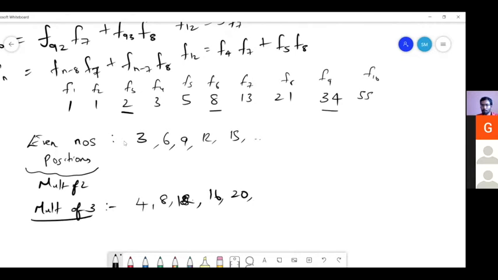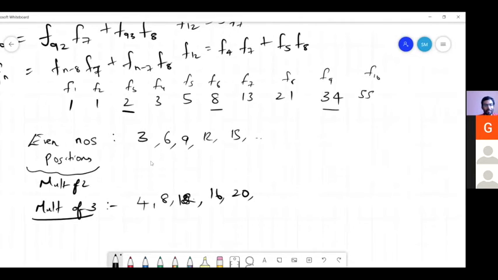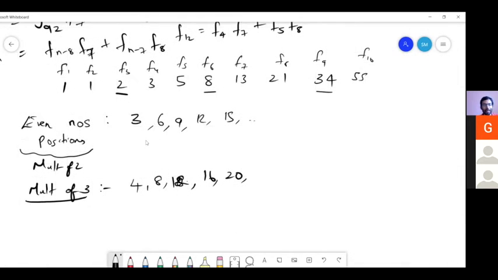For multiples of 5 also, if you see, it is F5, then followed by F10. Correct. The interesting part is that if you go for multiples of 6, I couldn't find any, at least up to F15. Oh wow. So again, nice. As far as we see, multiples of 3 are coming like this. Again, as Shankar told, we do not have enough data, right? Even this 12 and 15 we have not written down.